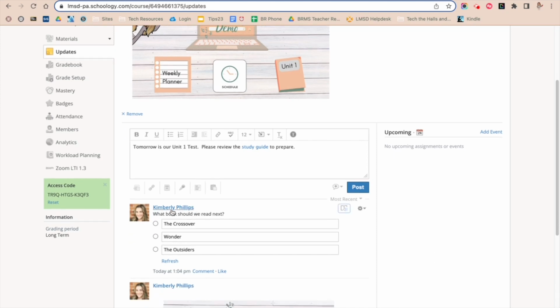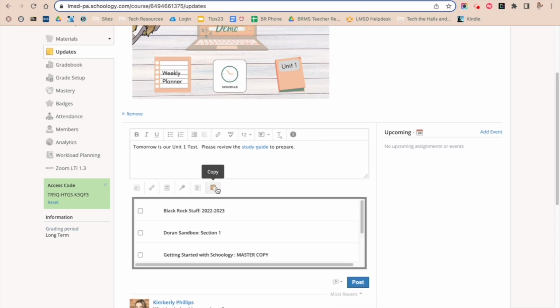So below I have an example of a poll that I posted as an update for my course. I ask a question that goes in the text box part, what book should we read? And then I gave options for the students to choose. The other thing that you have right next to the poll is a copy button. If you click the copy button, this will allow you to add this update into other courses that you are